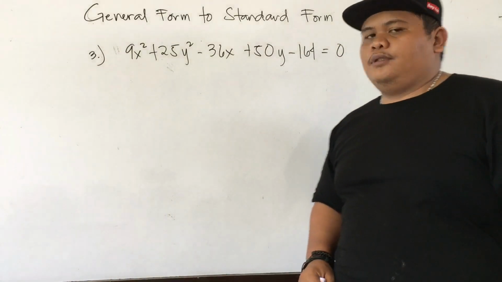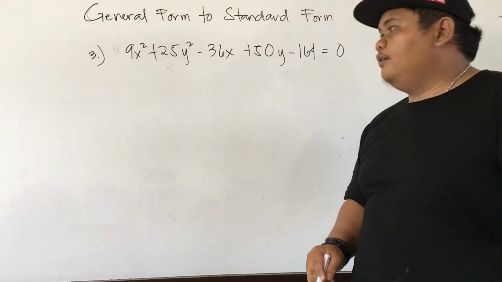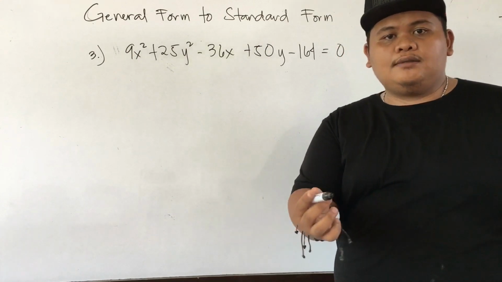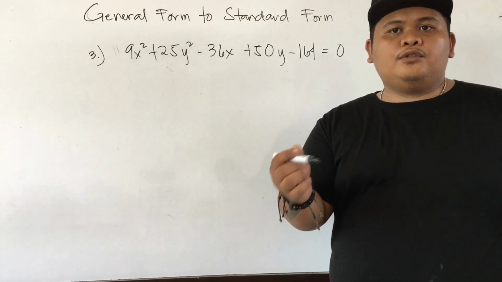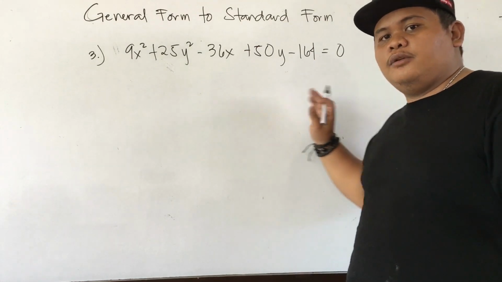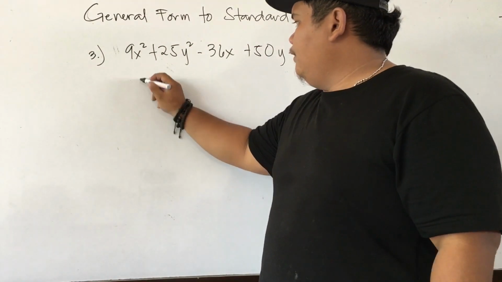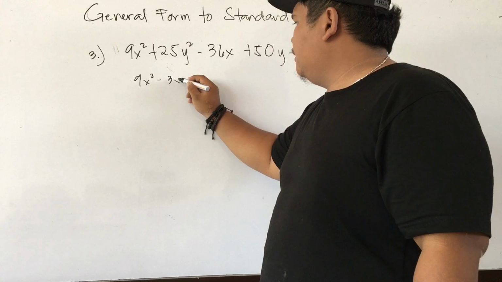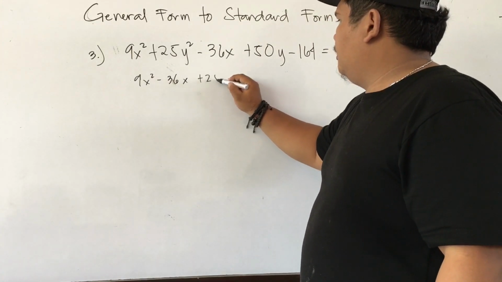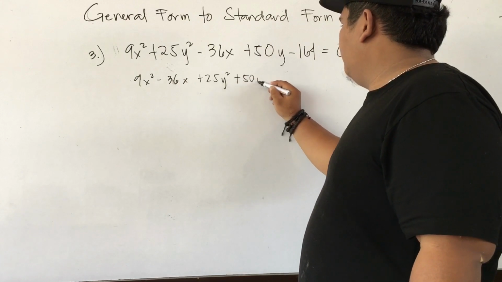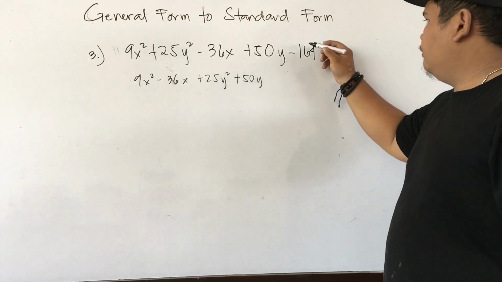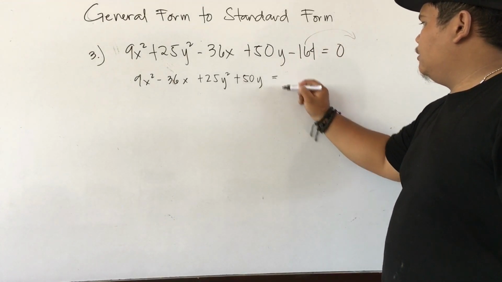We have 9x squared plus 25y squared minus 36x plus 50y minus 164 equals to 0. So the first thing that we are going to do is to regroup all those terms with x and those terms with y, and for those terms without variables, we are going to isolate them on our right side. So we have here 9x squared minus 36x plus 25y squared plus 50y, and since this 164 doesn't have any variables, we put that on the right side, so this will be equal to